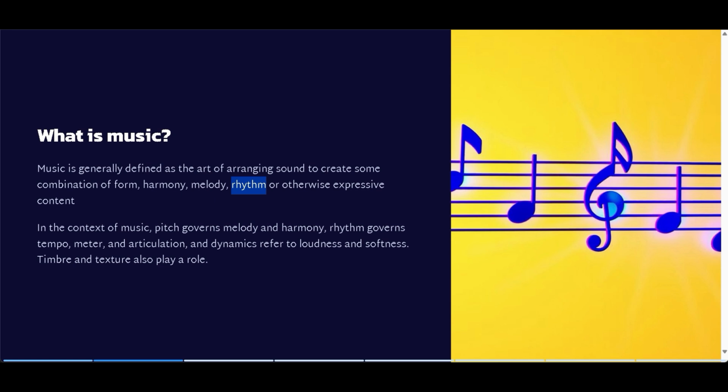So timbre and texture is actually when you take a violin and a piano and play the same note. If you take the violin and piano and take the note middle C and play it, there's a difference, right? That difference is called the timbre difference. Okay, now let's go to the needed definitions.